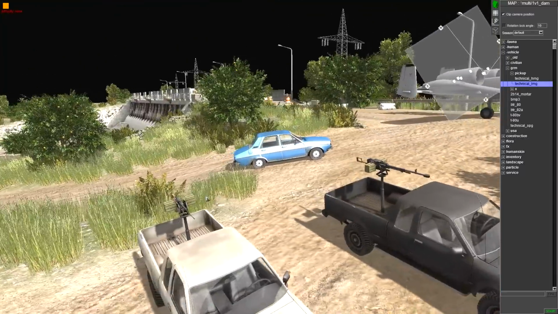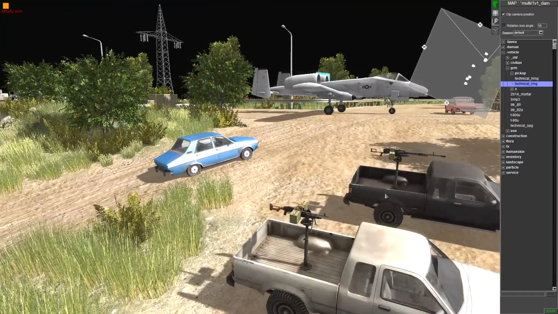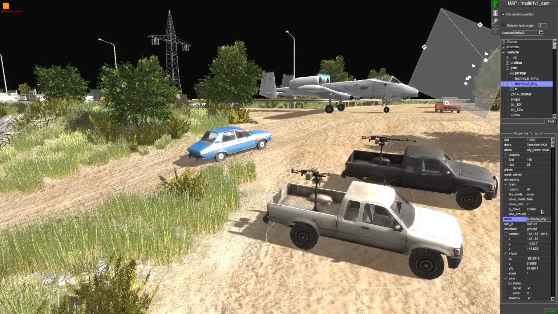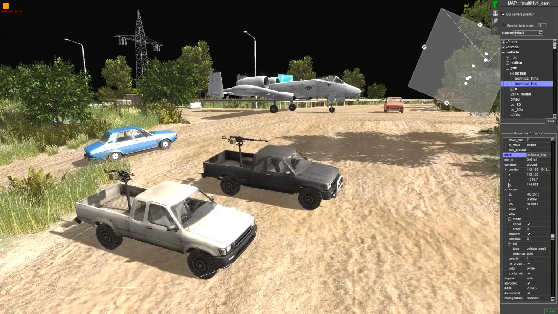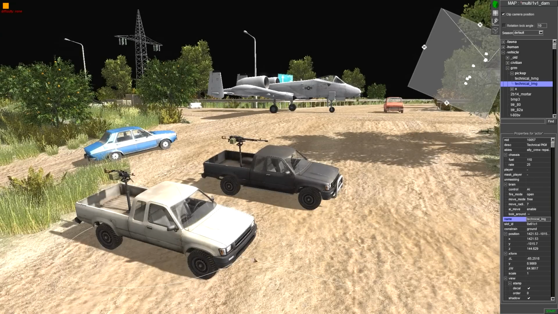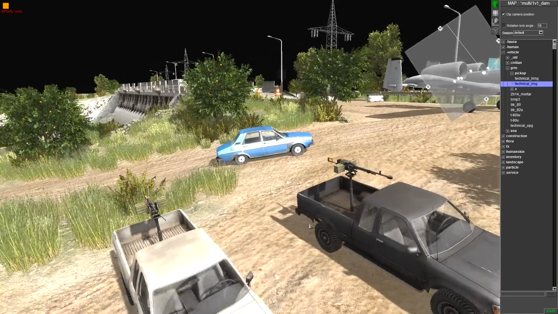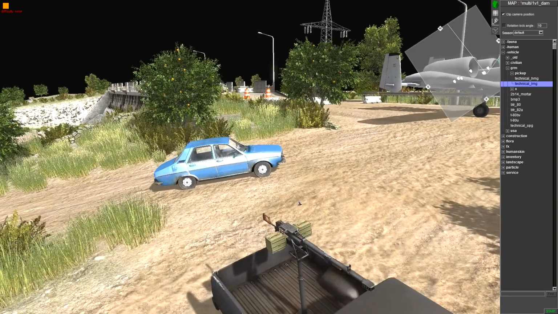I assume that this is a PKP Pecheneg. Maybe we can see it over here somewhere. I never entered the editor in this game, so I have no idea. It looks like a PKP Pecheneg with double the ammo, because there's ammo on both sides. And this looks like a Dushka